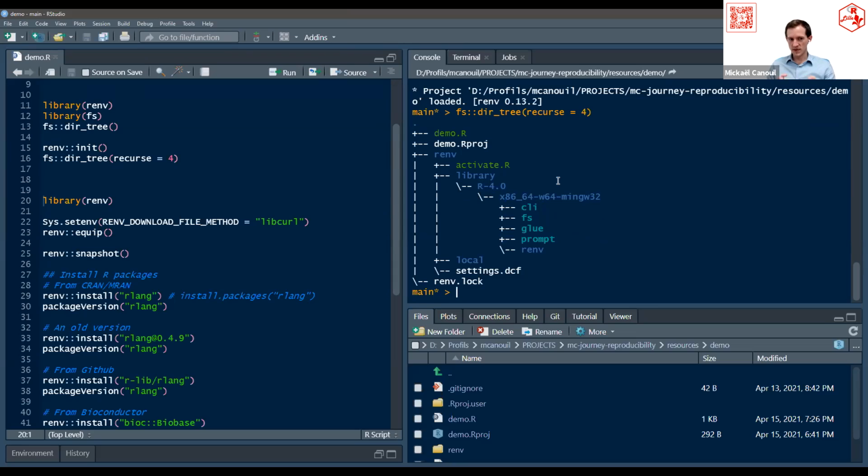It means they are symbolic links. They are not actually the package data. The only actual package right now is this one, because you need to have Ramp in your project to make it work. All the other packages by default are just using shortcuts to get to the cache. This means you can share the cache across different projects.